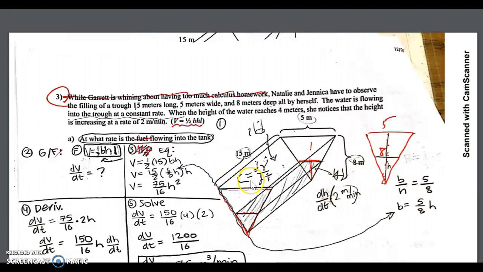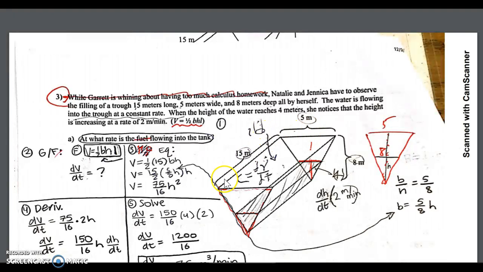So I just said the constant is dV/dt, and we don't have a number for that. Now the other thing we know is that volume is given to us as half the base times height